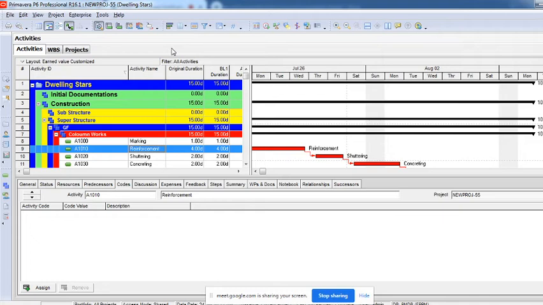If you do not want to know who is doing it, for example, I have created junior engineer 1, junior engineer 2, junior engineer 3, but if I do not want to know who these people are, then there is no requirement of creating resources. You can just create a role and then assign. But if you want to know who they are, what is their calendar, when they are working, what is their productivity, which particular days they are not working, on which calendar they are working, if you want to know all these details, then you will have to create them as a resource. Role does not have all these things. Role is only to know who is performing and what particular role he is performing.